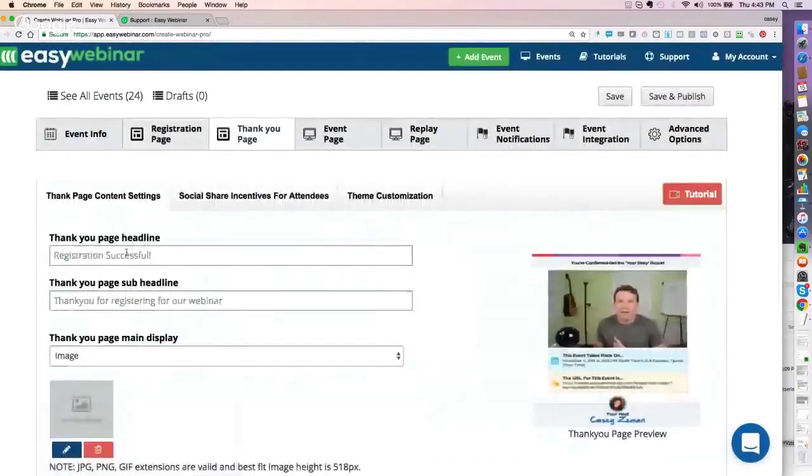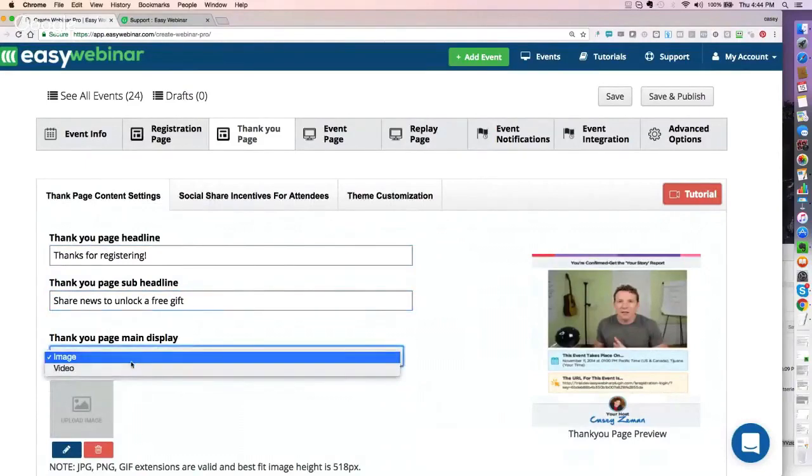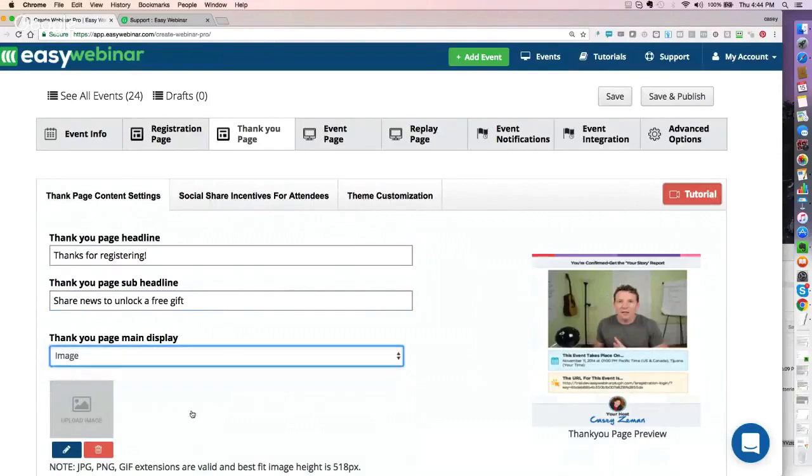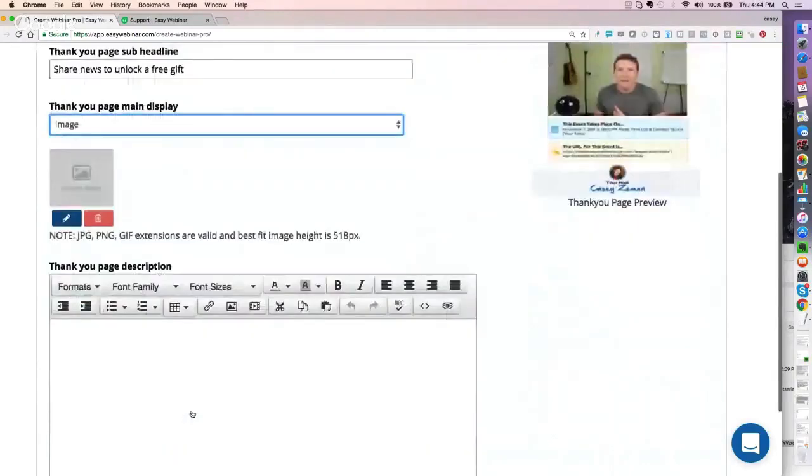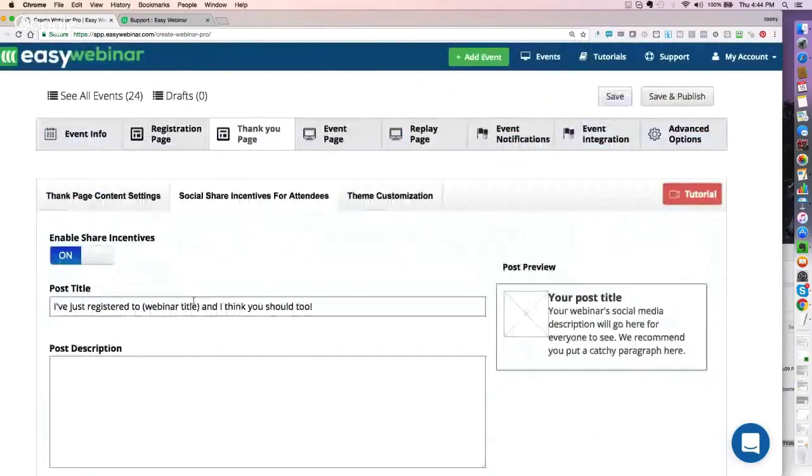Then you go into the thank you page. Thanks for registering. Share news to unlock a free gift. What's super cool about our platform that no other software has is we have a share incentive. What that means is when people share news of the event, it can unlock a free gift. So let's say I've just registered for the